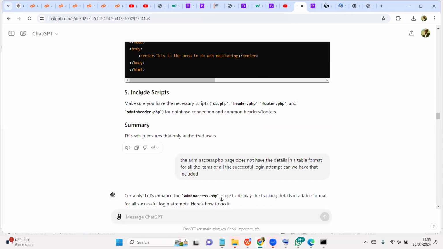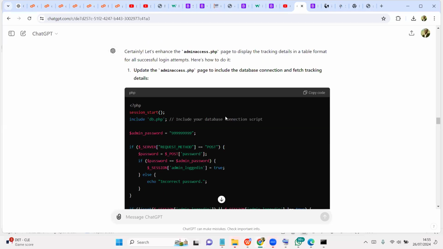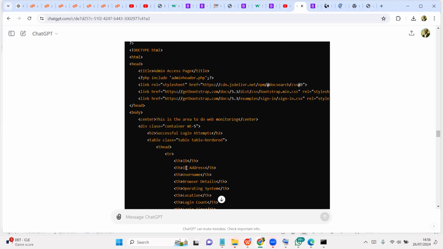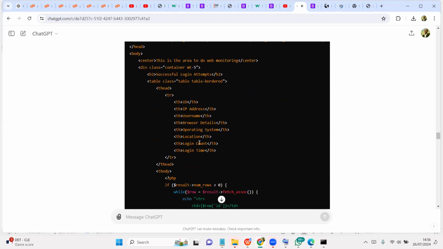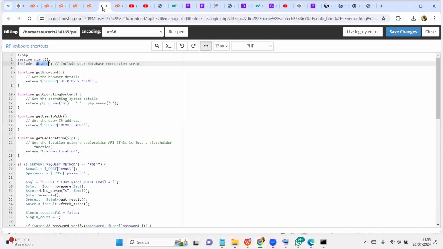So include the script db header footer admin header or database. Okay, I think that's all. Okay, yeah, sorry, is this one the corrected version, right? Because this one includes the tracking details. It includes the tracking details of everybody, right? So this is the modified one we did. So we copy this and say,